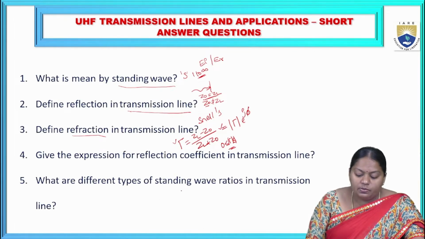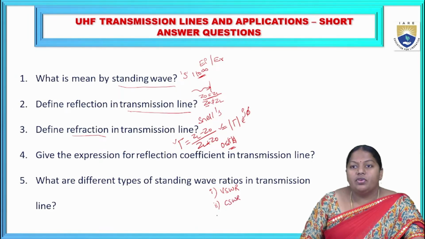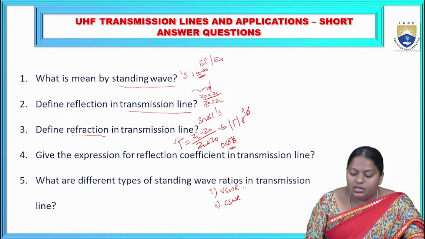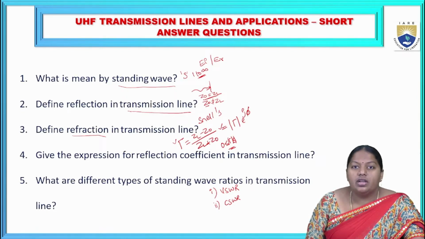Next, what are the different types of standing wave ratios in the transmission lines? So there are two different cases in the standing wave ratios. One is VSWR, that is voltage standing wave ratio, and the second one is CSWR, current standing wave ratio. VSWR means it is the ratio of the V maximum